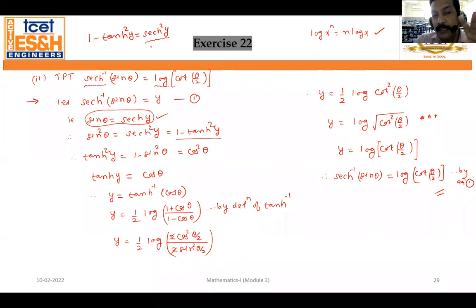From where does it strike that I have to take the help of this square hyperbolic identity? Once I get sin theta is equal to sec hyperbolic of y, that sec hyperbolic of y struck me that I have to use this square hyperbolic identity. Then,